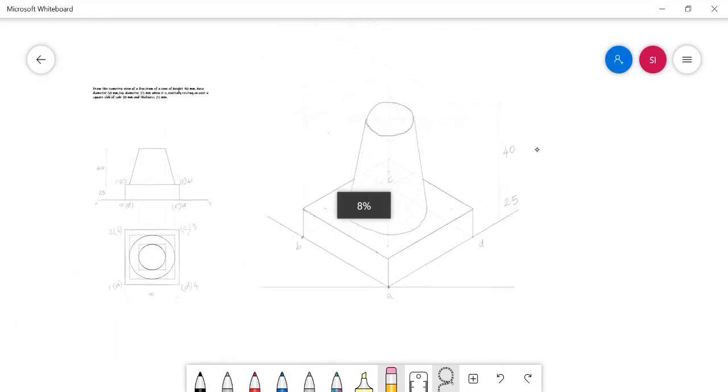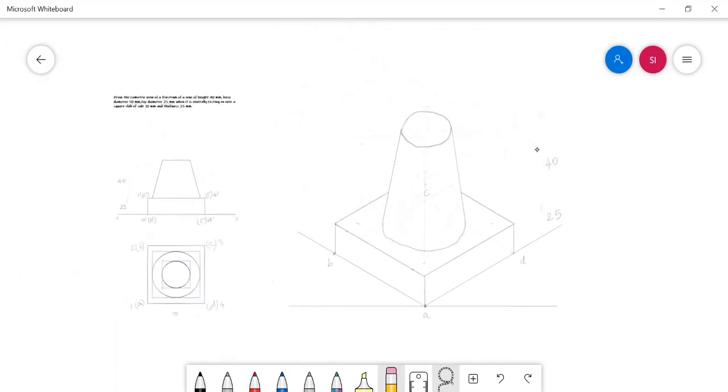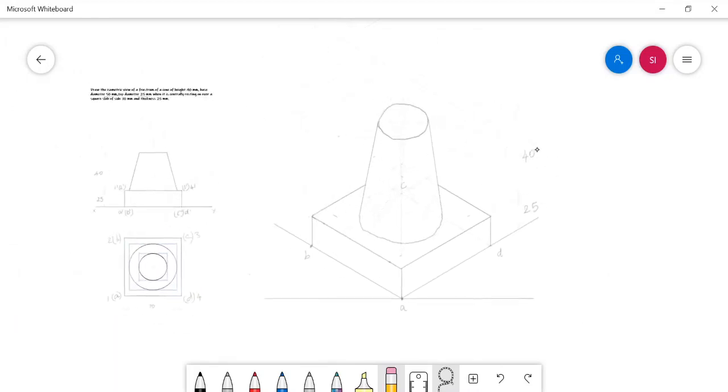Now the isometric view of the solid combination is over. In this way, you can try this answer with the proper tools and with proper dimensions in your paper. Thank you.